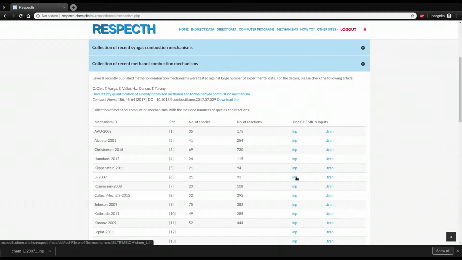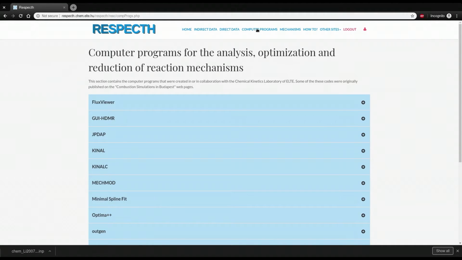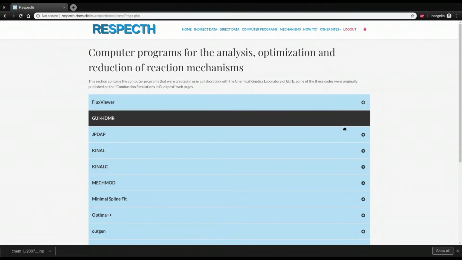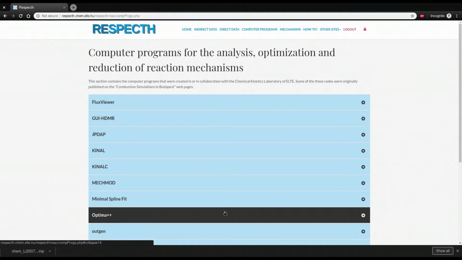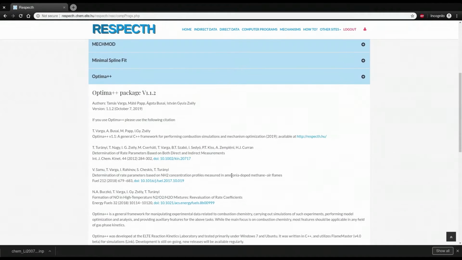In the following steps, we will use the computer program Optima++. If you click on the Computer Programs page, the latest release is available under the Optima++ tab.